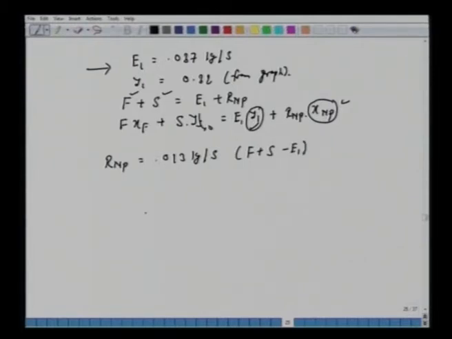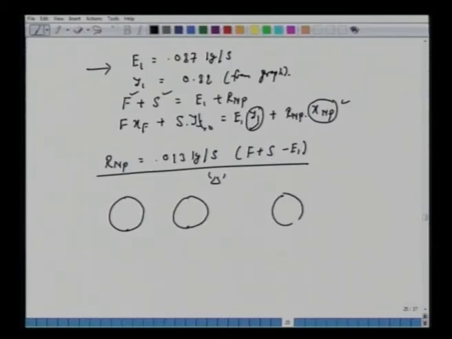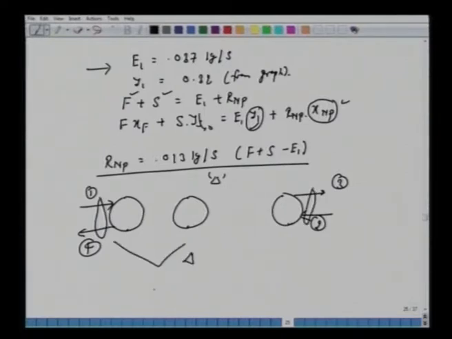We make a note of all these 4 streams, and then we have marked this delta point. So the delta point is now known to us, and the overall compositions of all the 2 leaving streams are known to us. So we have stages like this, and for the last stage, 1, 2, we know its composition and flow rates. We know its compositions and the flow rates 3 and 4. And then we know the difference between the two, that is delta, the molar flow rate, and this will also have the composition which we call X delta.